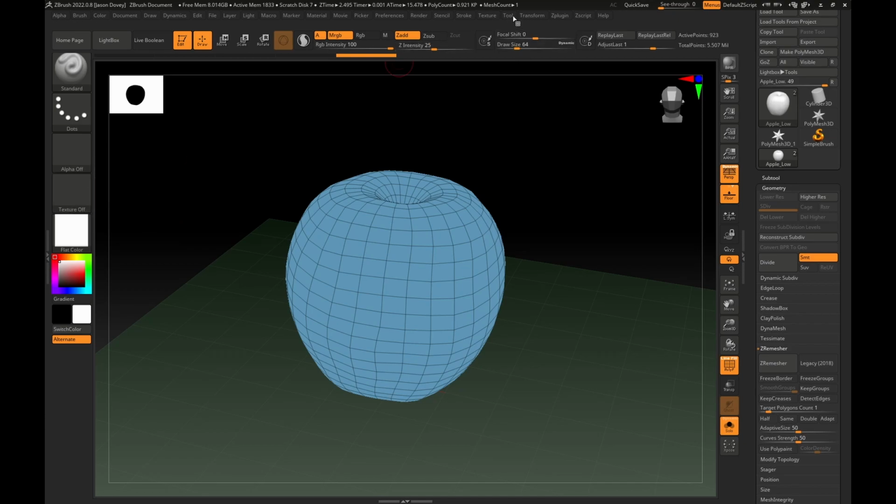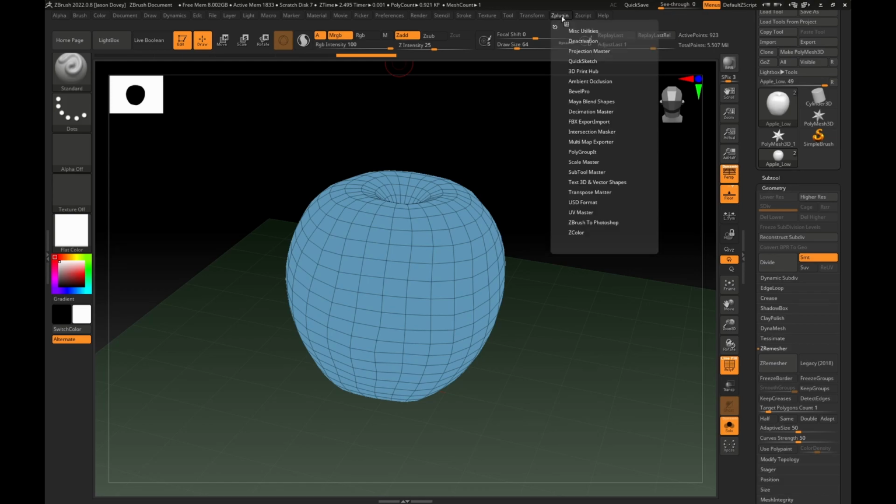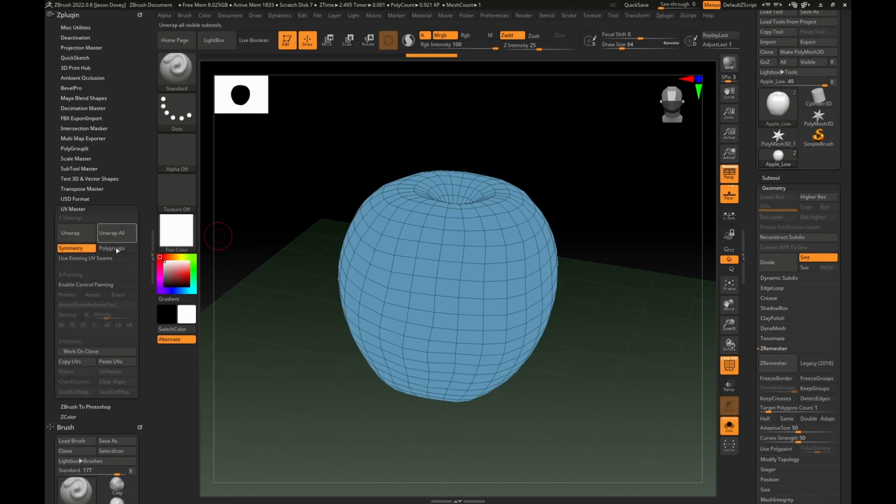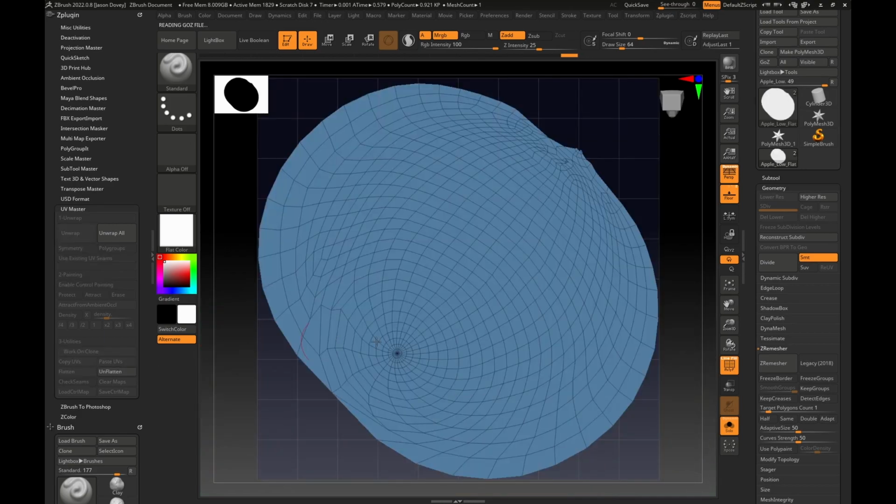And obviously now we're in a position to go up to the Z plugin menu. We can just click on that. In fact, I like to click on this little icon to the left so that the menu sticks over here on the left hand side of the screen. And I go to UV master, and I'm going to switch off symmetry, and I'm just going to unwrap this apple like that. And because this doesn't have any subdivision history to it, I can flatten it, and